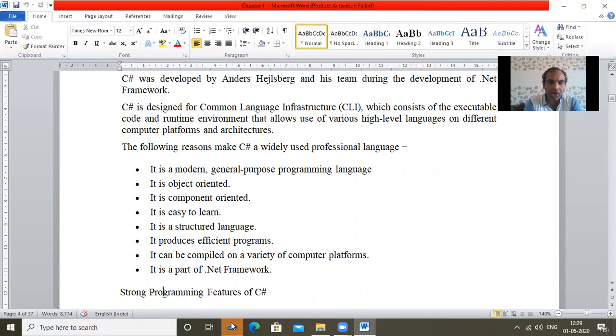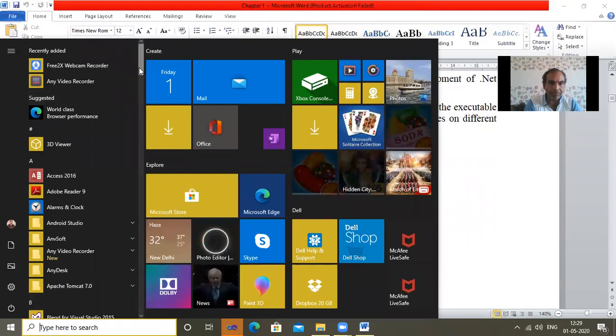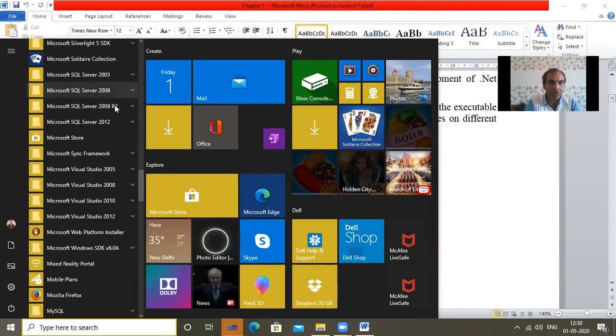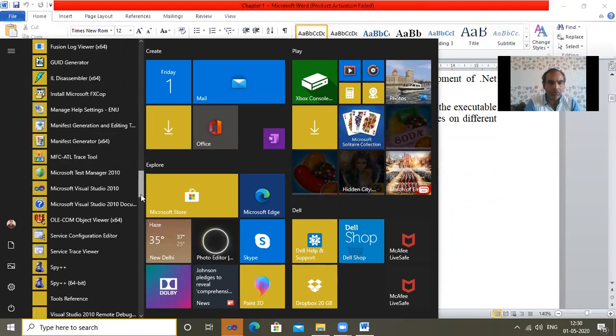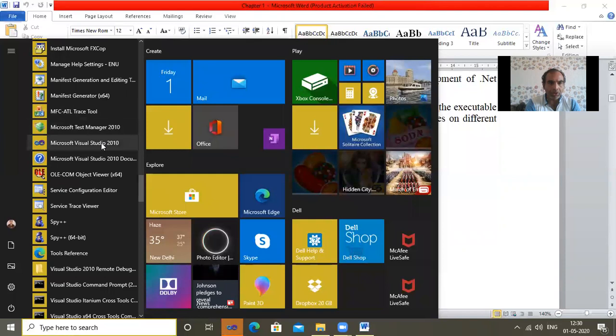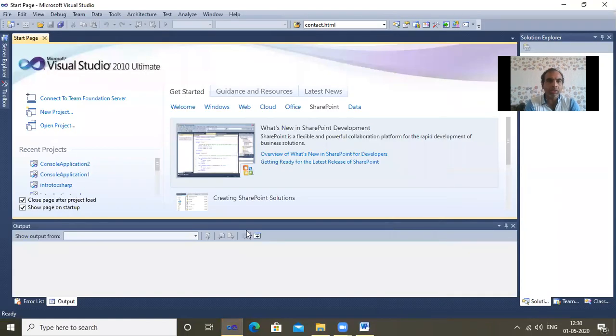First of all, you have to start Visual Studio. You have to go to Start, All Programs, Microsoft Visual Studio 2010, and then click on Visual Studio. Okay, and then we can see the screen that shows Microsoft Visual Studio has started. We can use other versions also, Visual Studio 2012, 2015, that are present in the market. But in your book, it is given as the Visual Studio 2010 Ultimate version.